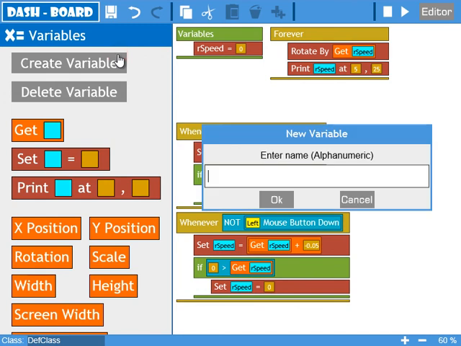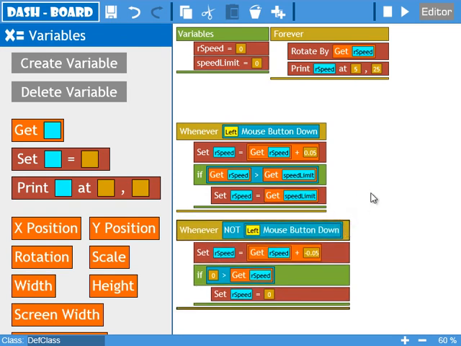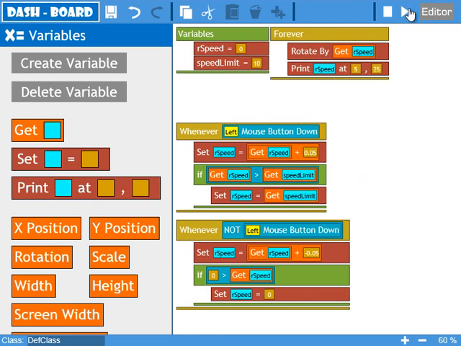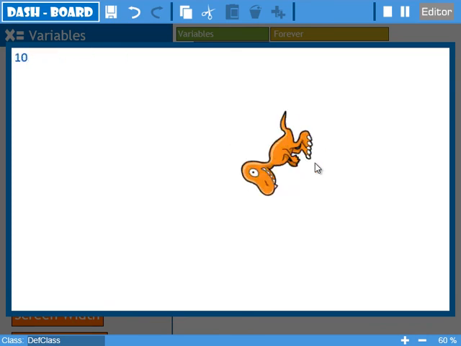Let's create a speed limit variable to change the speed limits for different objects of this class. First, let's replace our values of 10 with the value of the speed limit variable. Right now, the value of speed limit is 0 for all objects of this class. To change the default value of this variable, we can click the value box in front of the variable name in the green variables box. The program runs just as before.